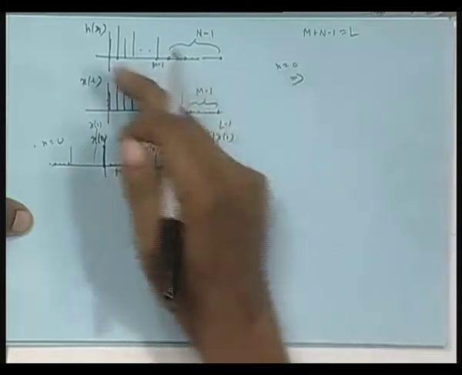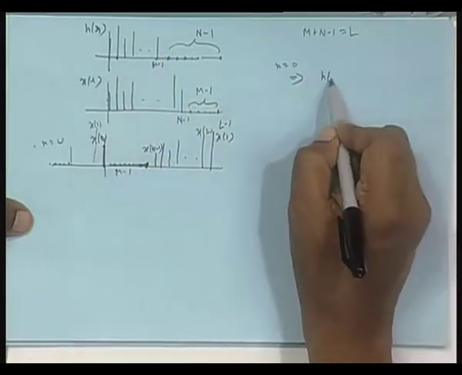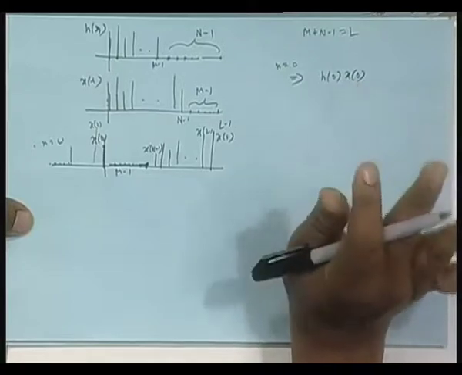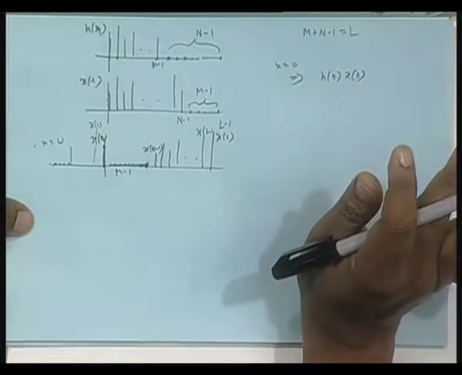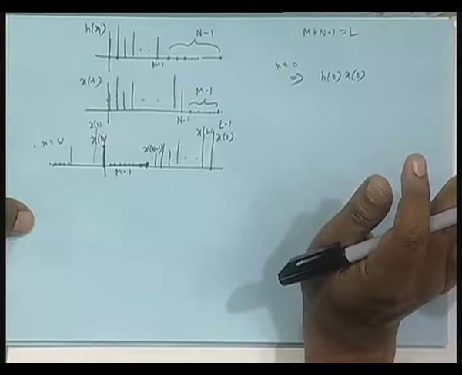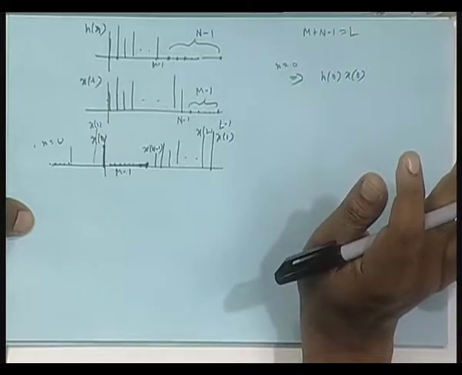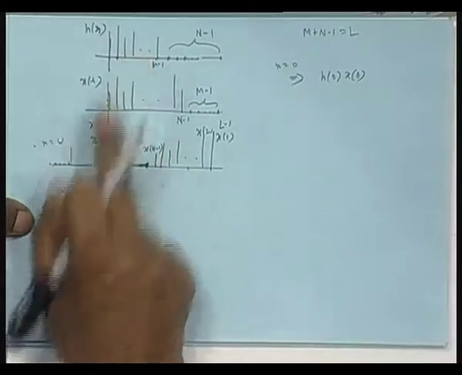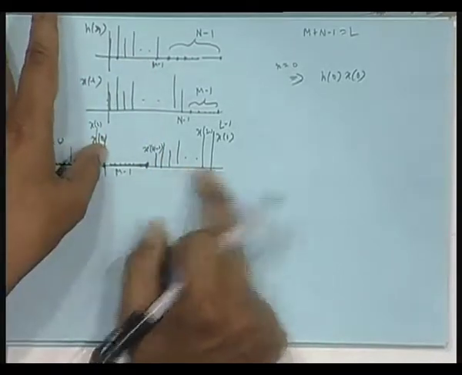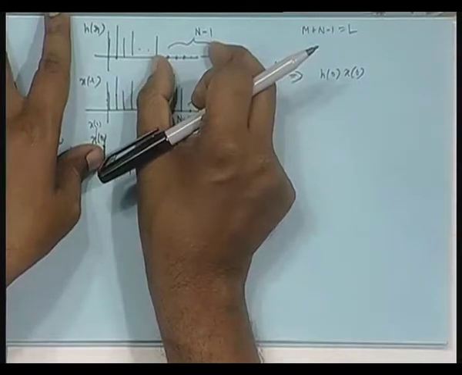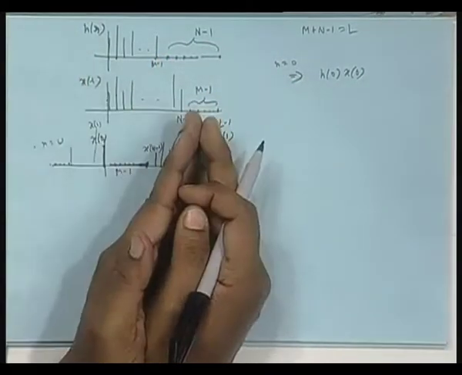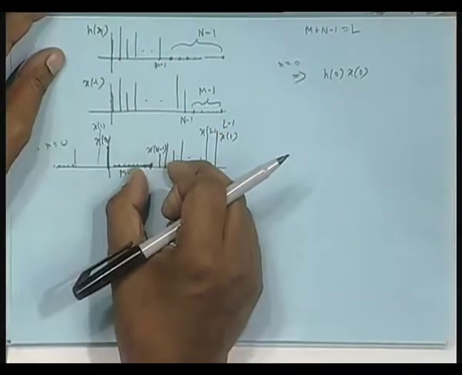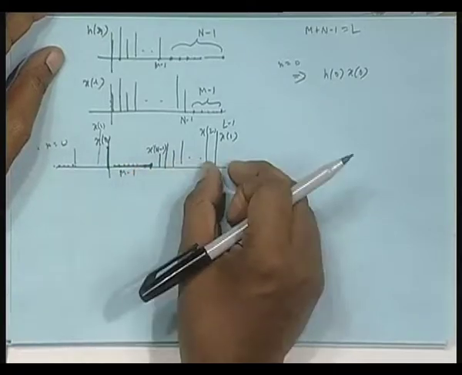That means n equal to 0 means only h 0, which is a linear convolution, correct linear convolution result, isn't it? You understand these zeros: m minus 1, how many samples here, 1 is already here, so n minus 1, how many zeros, n minus 1. Now, you shift it to the right by 1, the 0 will shift here, one data will be out,